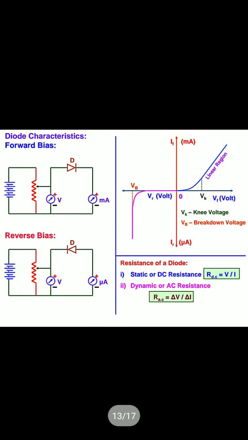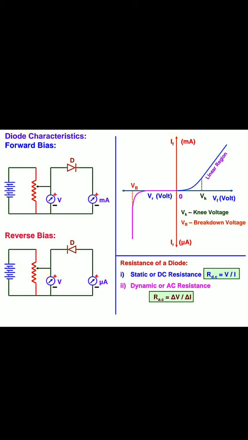And this is a circuit diagram for forward bias and reverse bias. Here you see that milliampere and microampere are written. Okay, and this is the characteristics curve. Sometimes a 3 marks question will come: draw the circuit diagram of a PN junction diode in case of forward bias as well as for reverse bias, and also draw its IV characteristics curve.